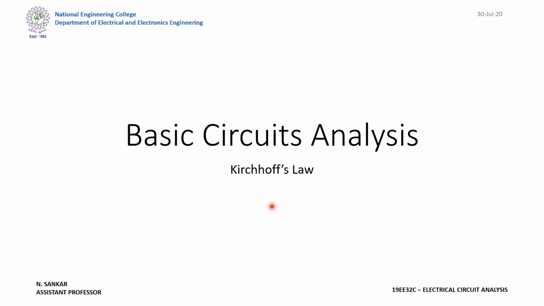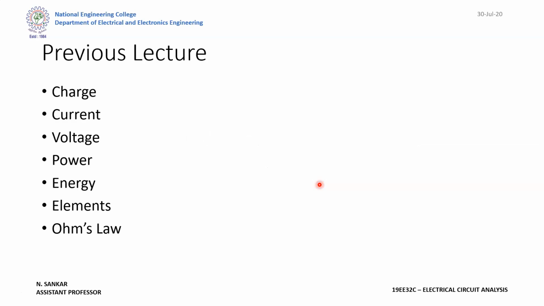So in this video we're going to learn about Kirchhoff's laws, that is Kirchhoff's voltage law and Kirchhoff's current law. In our previous lecture we saw the basic electrical quantities like charge, current, voltage, power, energy, and what all the units are, and we saw some basic examples, and we moved to elements. So what is an active element and what is a passive element? For active elements we saw the independent sources, and for passive elements, as an example, we saw resistance.